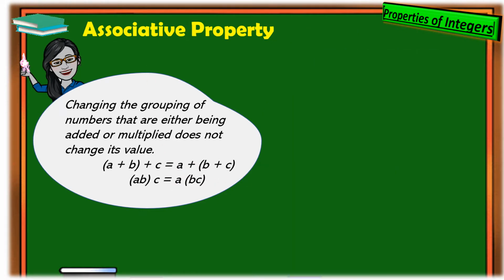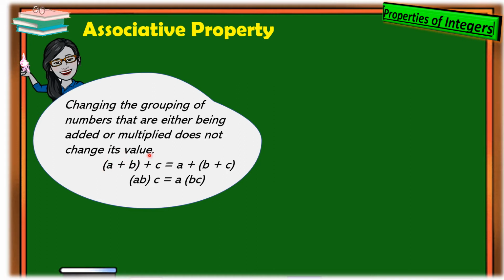Okay, next is the associative property. So, changing the grouping of numbers that are either being added or multiplied does not change its value. So, tingnan natin. So, the quantity of A plus B plus C is equal to A plus the quantity of B plus C. Okay? So, ang given dyan, A plus B plus C lang. Okay? Pero,